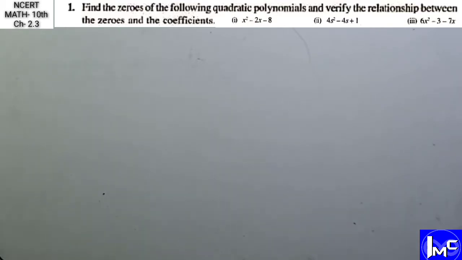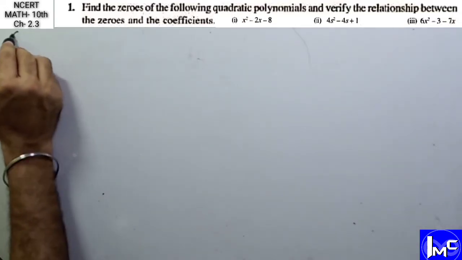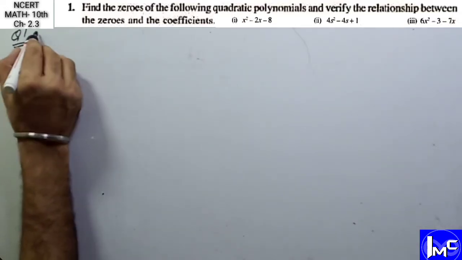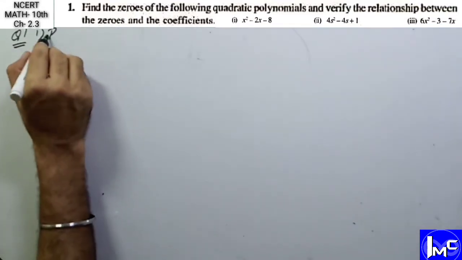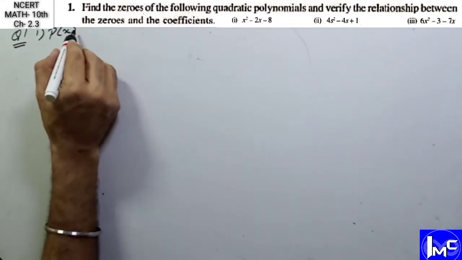Hello students, today we are going to discuss the zeros of a polynomial and the relationship between the zeros and the coefficients of the polynomial. That is exercise 2.2, and the first question is: the polynomial is x square